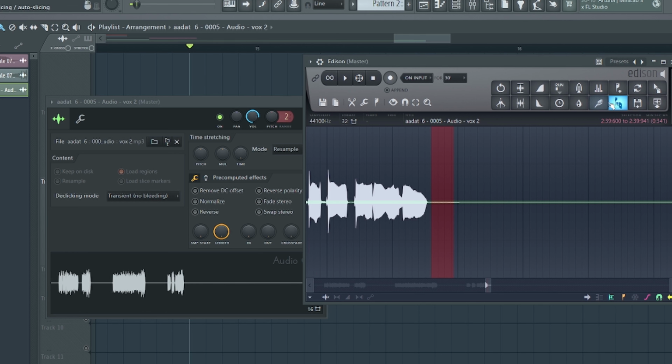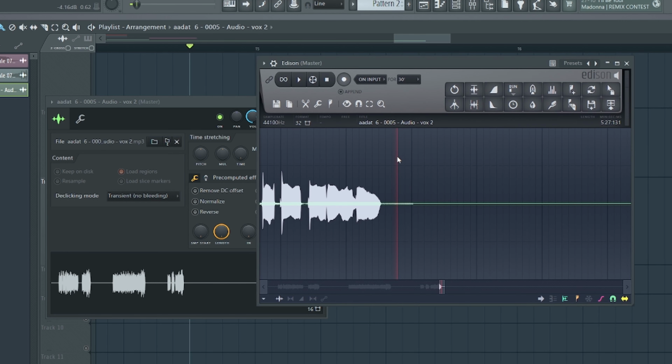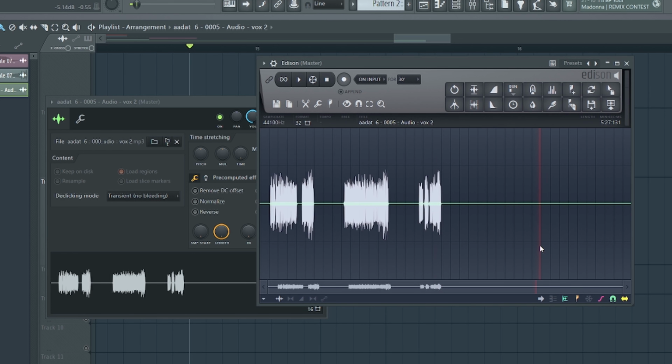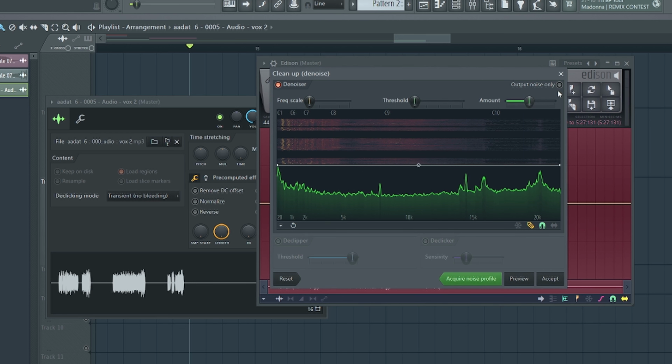Go to this brush tool, right click here. It will take the noise profile which it says is acquired, then deselect the area, zoom out, press Ctrl A, select everything, go to here again, and then you can preview also. If you put output noise only and then preview, then you can listen to every noise that is being removed from the audio. And then after this, what you can do is undo this, adjust all of these a little bit,